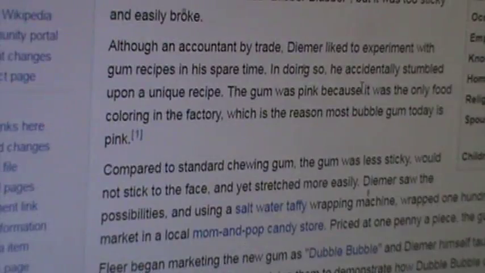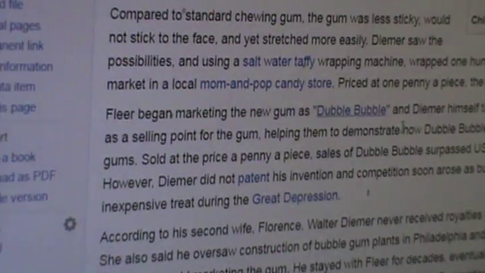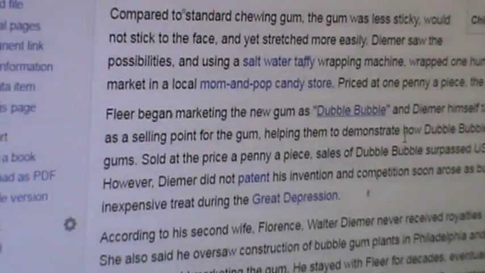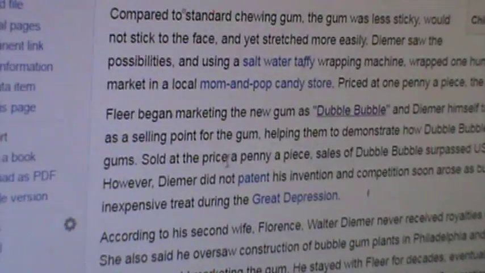Even food coma. Double bubble. The original gum. Wow. Sold a penny a piece. Wow.